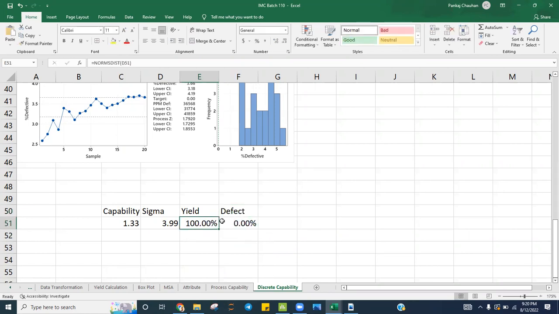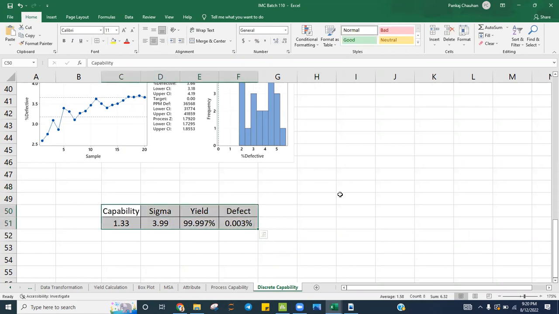Which is around the defect you are getting in the, sorry, fourth digit, third digit. So this is the meaning of the 1.33 capability, sir, the practical meaning. So this means they wanted to go almost defect free, which means they want to go for zero defect. If they want to go for zero defect, then the minimum capability will be 1.33, which means what is the